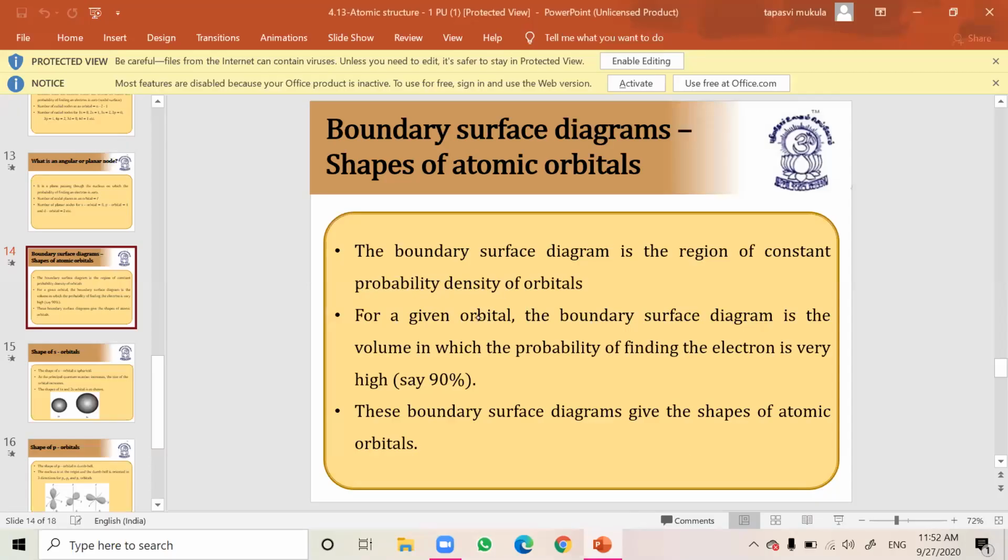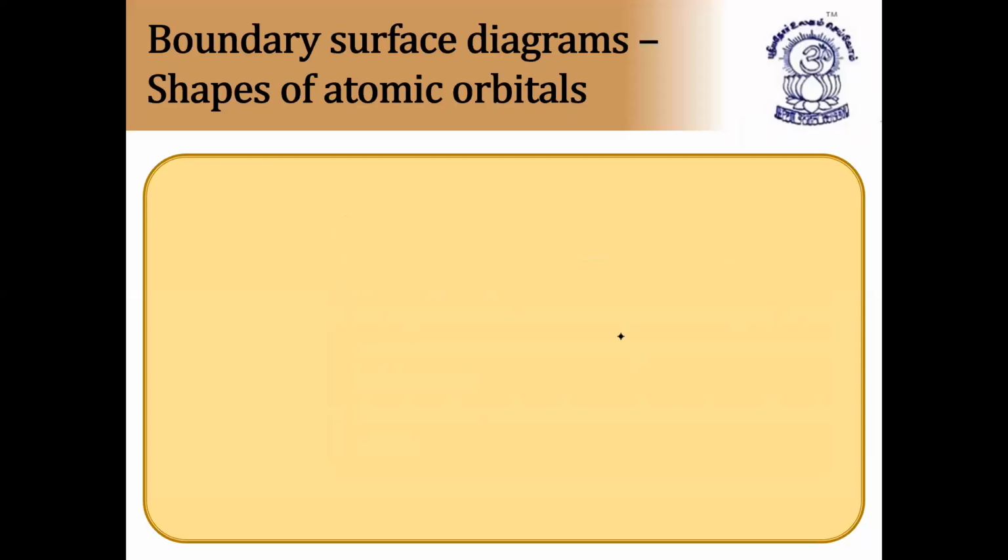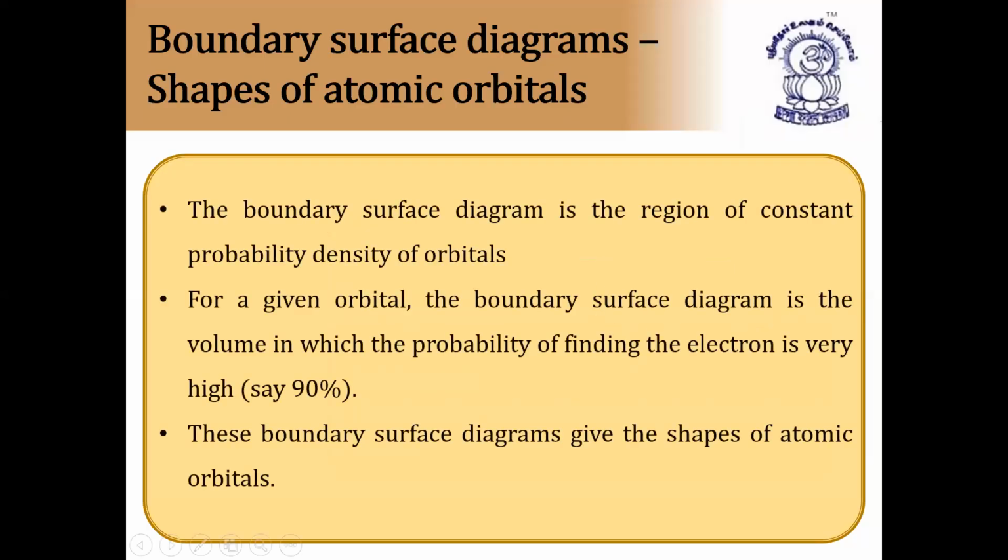Now we are dealing with lecture number 6 of atomic structure. In the previous lecture, we discussed the Schrodinger wave equation and quantum numbers. From the Schrodinger wave equation, we got quantum numbers as well as the orbital concept. The region where the probability of finding the electron is maximum is called an orbital. And we have s orbitals, p orbitals, d orbitals, and f orbitals.